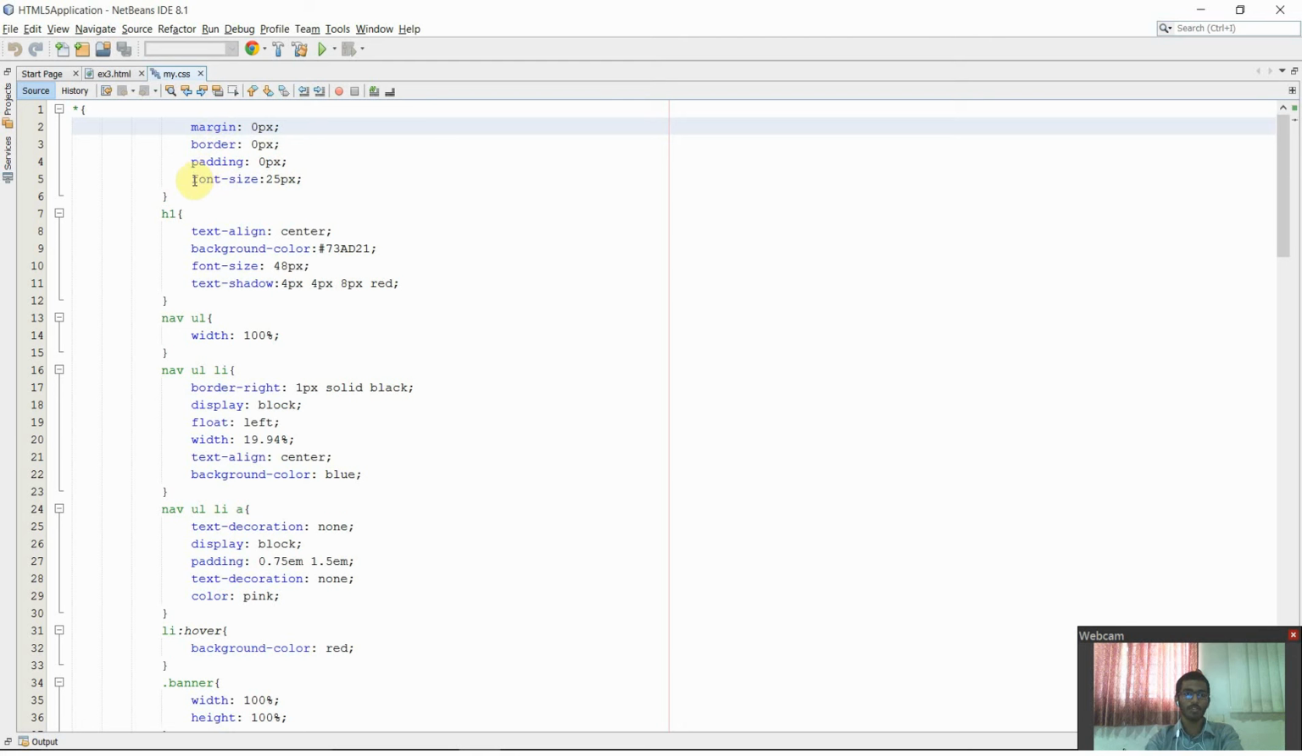Then I gave the font size commonly as 25 pixel. Then for header one I aligned the text at center. Background color I gave it as blue. Then I arranged the font size again. I gave for the header 48 pixel. Text shadow is nothing but